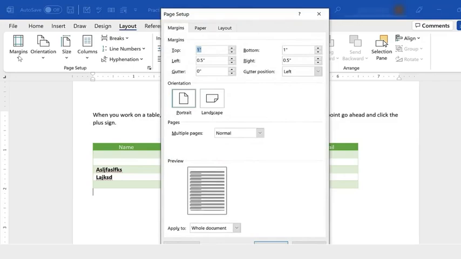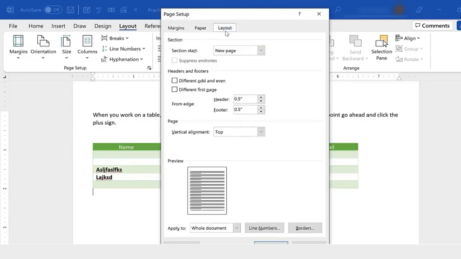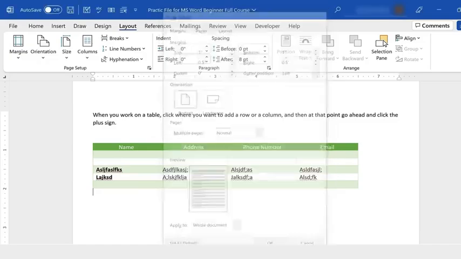I could have changed the margins here as well. But sometimes this Page Setup dialog box is a nicer way to make some of these changes. You can just see many of the options all together and make your choices. I'm going to switch now to the Paper tab. Here I can adjust the size of the paper, and I also have a Layout tab. So this Layout tab and ribbon and this dialog box are where you should look for some of the most